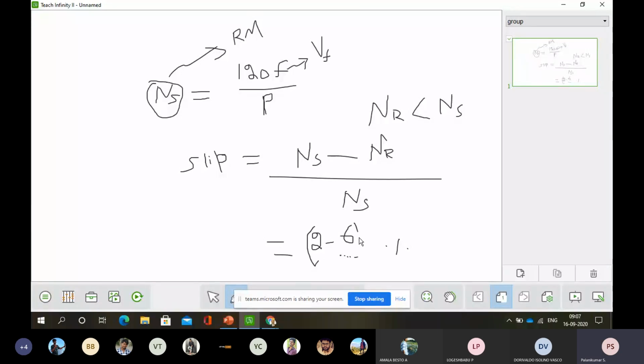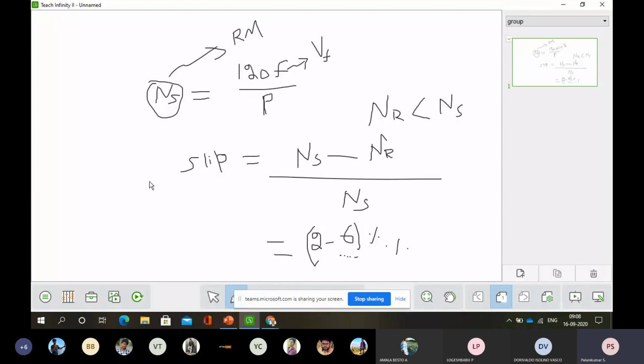Say for example, at no load, I may have 1500 RPM. Suppose my supply frequency is 50 hertz, and the number of poles is four or two, like that, pairs of poles. If we increase the slip, automatically the speed will decrease. If I assume this is 1500 and apply 2 percent to that, around 1440 or 1460 RPM only will be there. So that will lead to a percentage of slip.